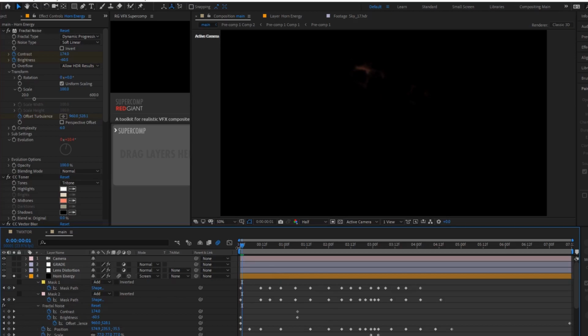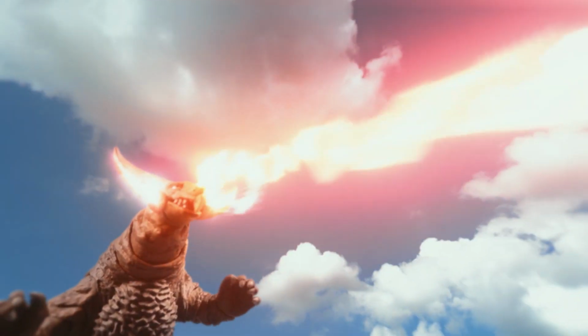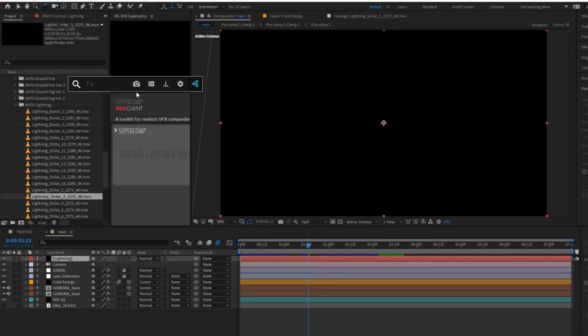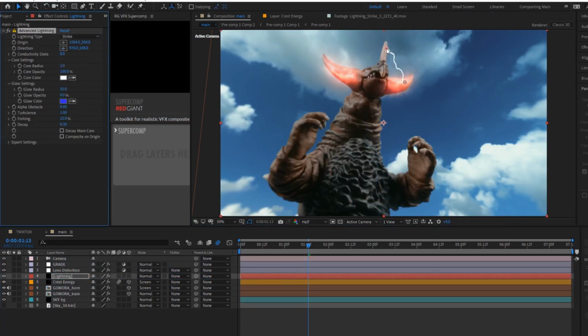Next came the admittedly tedious but well worth it process of making some lightning type energy surging through Gomora's crests and into his horn. I made a new solid with an instance of Advanced Lightning, and I set the mode to Strike. This lets me have complete control over the origin and endpoints of the bolt so we can place